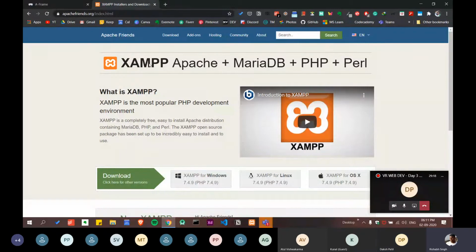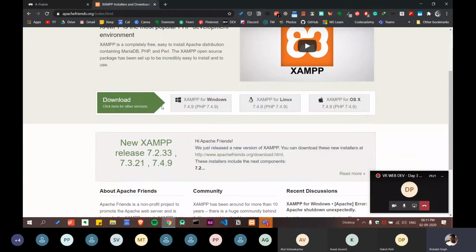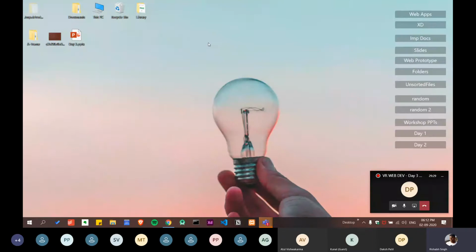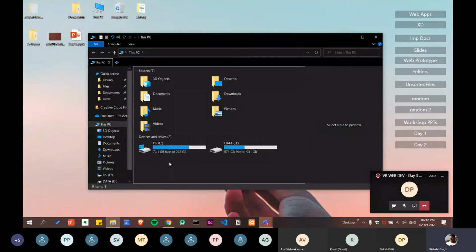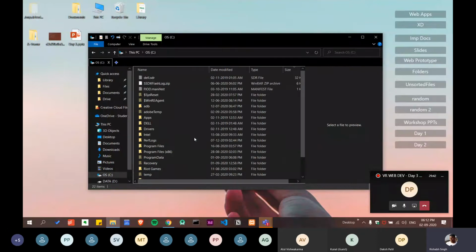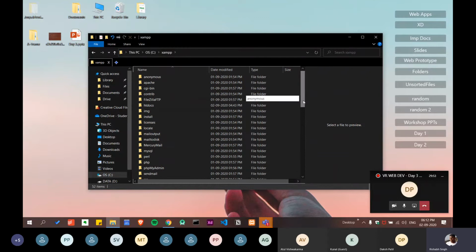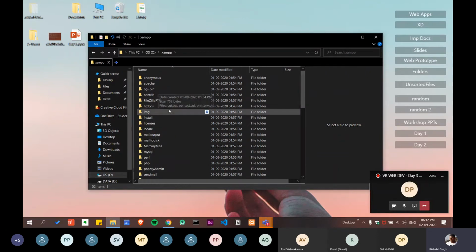All right, no problem. What you have to do is download it for your particular operating system. For me it's Windows. I have already downloaded it, and you just have to press next, next, next, and install it. It will be installed in your main disk, which contains your operating system and the Program Files folder, and a XAMPP folder will be created. When I open this folder there are so many files and folders, but I don't have to worry about them.